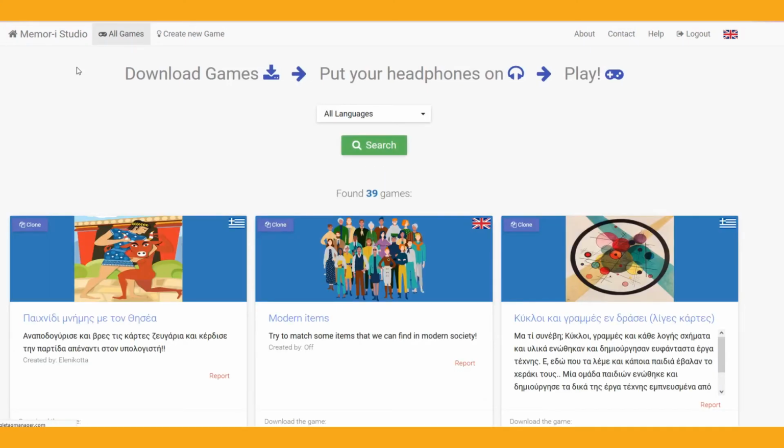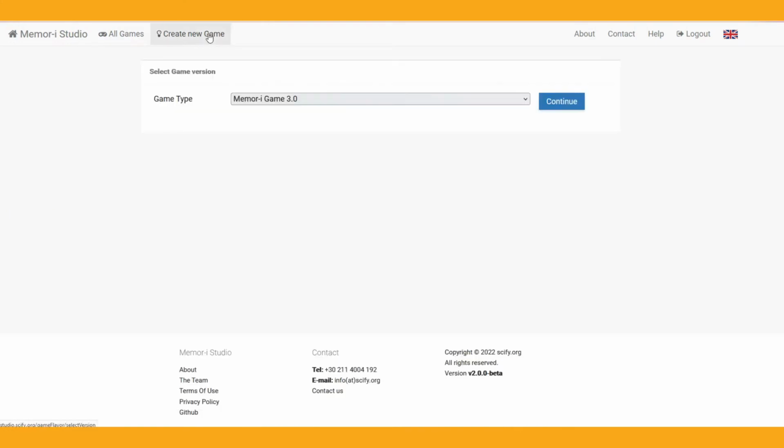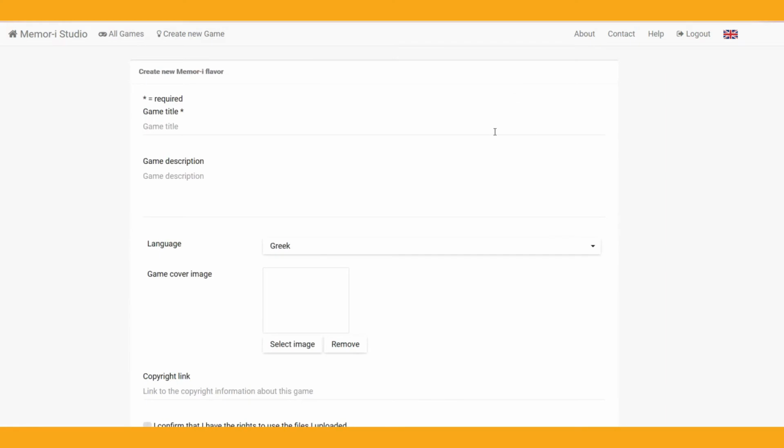Let's see how you can create your own game. In case you want to create a game from scratch, press the button Create New Game on the main page. In the form, you need to enter a title, a description, and a general image that will characterize your game.